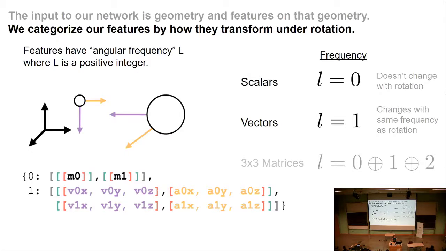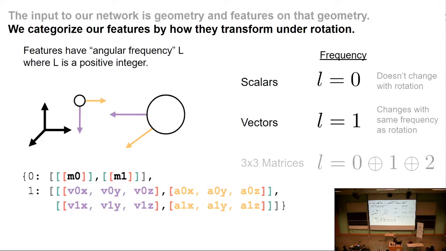If I change my coordinate system, not only is that x changing, but that y is changing. And so you can get things that have higher frequency change. It's going to be changing with twice the frequency of the rotation. And so that's how you can think of higher level things. But then relating it to physical data, so let's say you have a 3x3 matrix, you can actually break that up into components of different angular frequency.